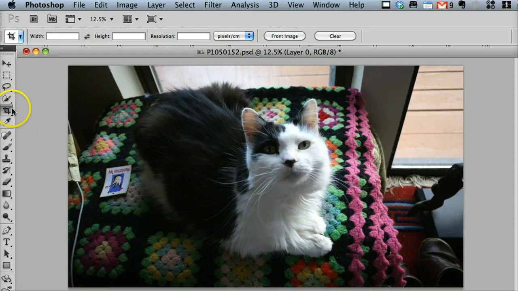Initially, after you select the crop tool from the tool panel, but before you select the area to crop, you'll see some entry boxes on the top options. These allow you to preset specific width and heights for the crop select area. To find out the current dimensions of the image as it is, click on the Front Image button and the